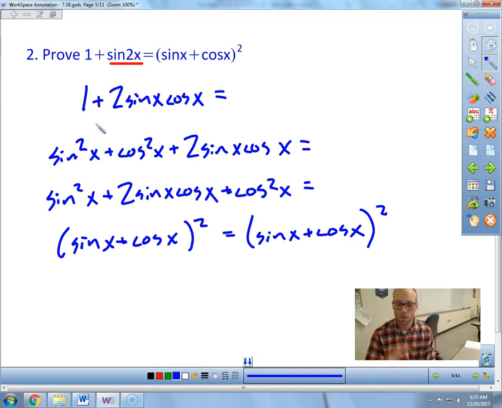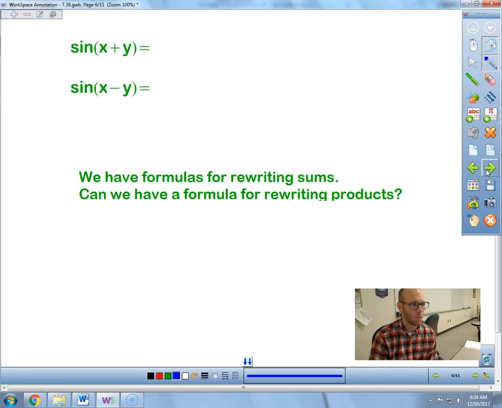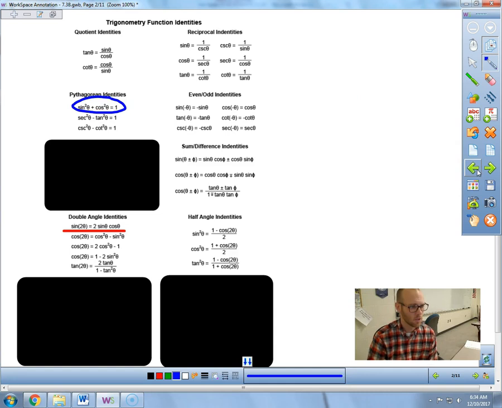All right, so there's a couple examples of how we prove identities. Remember those guidelines that I have there for you. What I now want to do is to look and see if there's any more identities that we can develop. Okay. So we have formulas for rewriting sums. Let me go back to this sheet here. Our sum formulas look like this, right? The sine of theta plus phi,